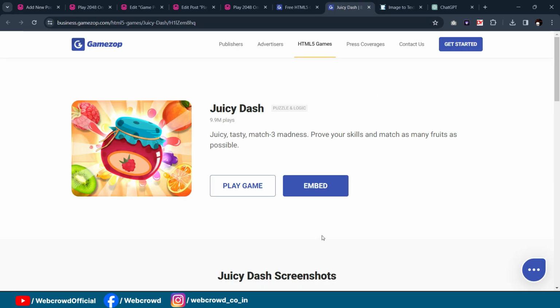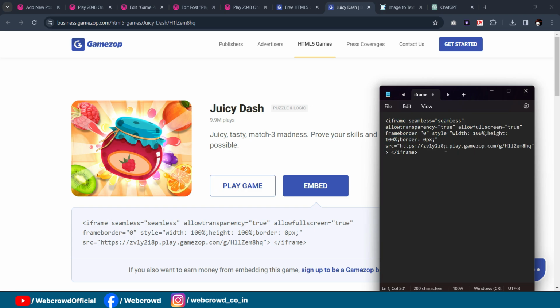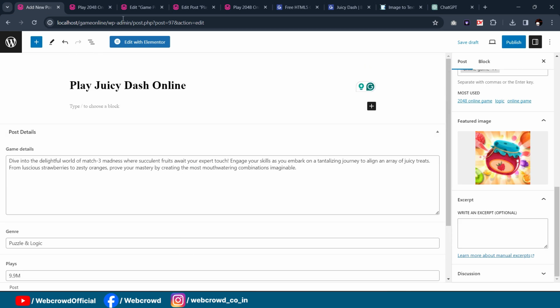So I already told you the whole process of how to embed the code from this game. Just click on embed and copy the code, paste it inside the notepad, and just remove this width property. After that just set height to 600 pixels. Then just copy it